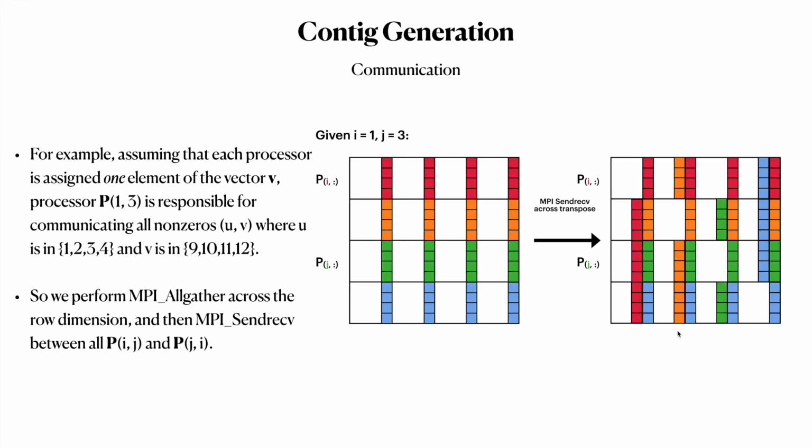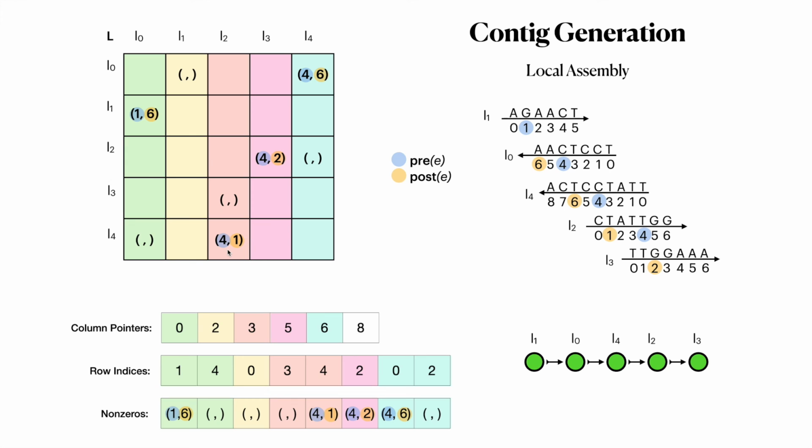If a certain edge has a certain U assignment and a certain V assignment that are the same, then we know we can communicate that edge to its destination, because that's what an induced subgraph is. So I'll quickly describe the assembly process, which occurs after we've communicated everything and everything is locally stored. Each processor has its own local sparse matrix, shown here in a compressed sparse column format. In this example there's only one contig, but there could be many contigs assigned to a given processor, and the traversal can be done directly using the sparse matrix compressed format,